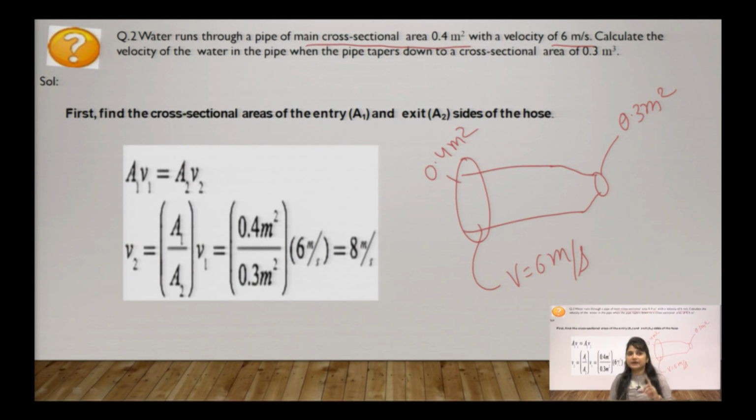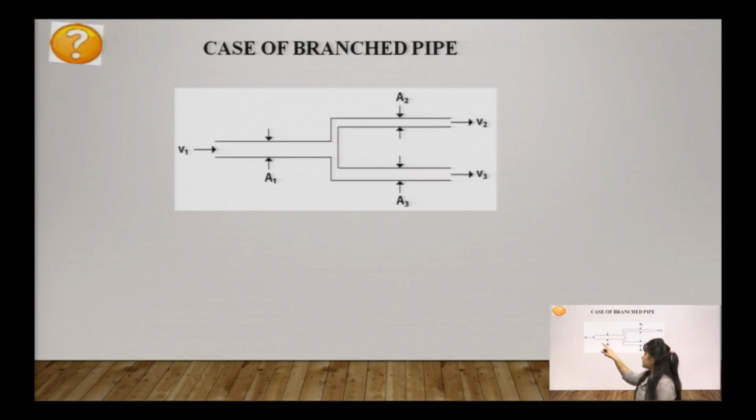Furthermore, in this pipe you can see a single pipe where the cross sectional area is being reduced or changed. It can be increased also, and then you can calculate the discharge. Again, the condition may be in a different format. Now we are branching a single pipe. We are not reducing or increasing the diameter of the pipe, but we are branching that single pipe into two portions, this one as 1, this one as 2 and this one as 3. Pipe 1 is being branched into two sections, section 2 and section 3.